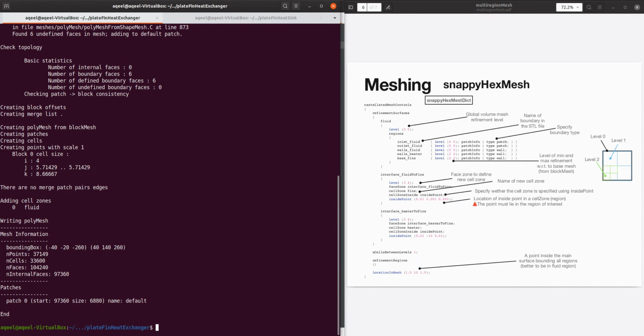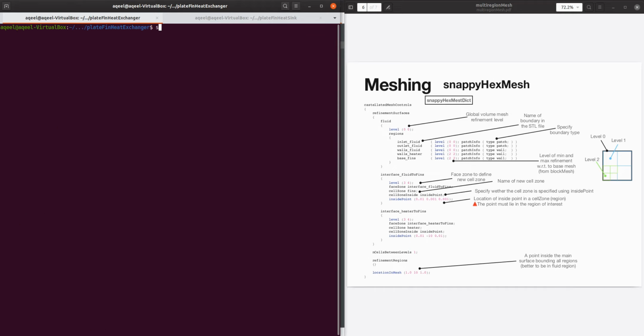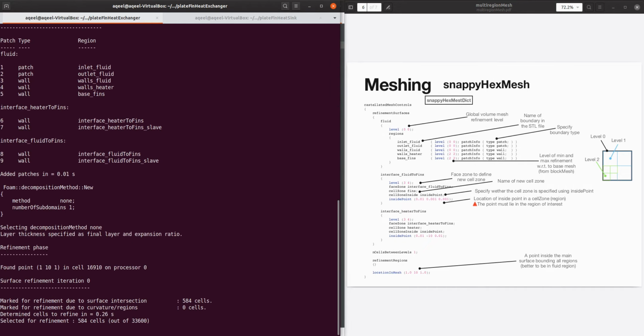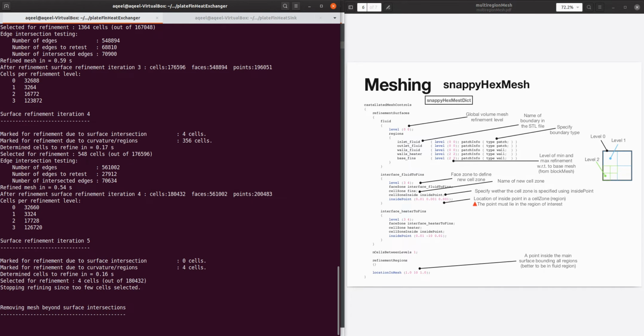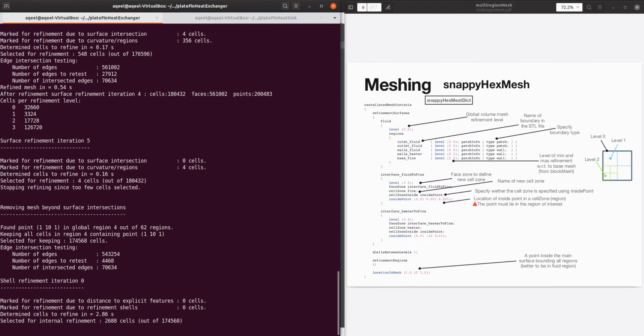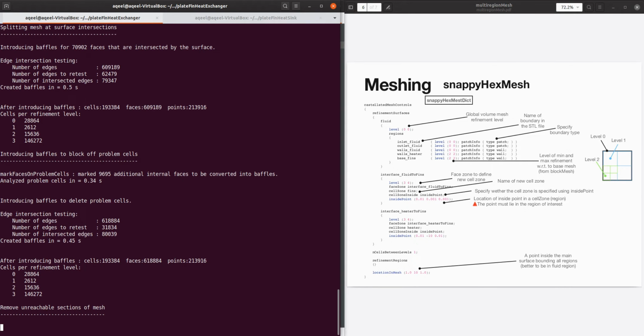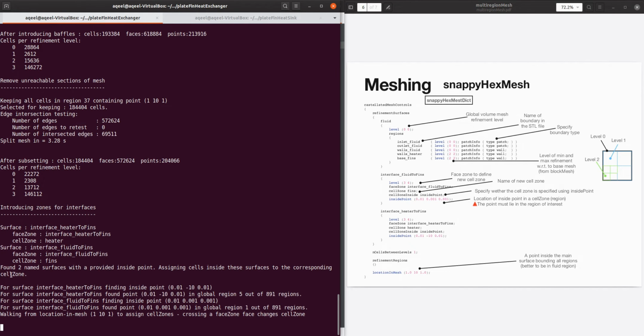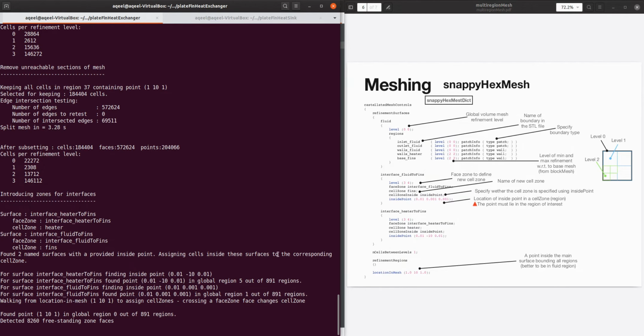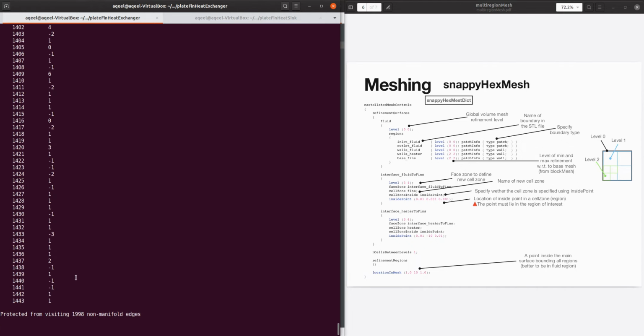So this is our base mesh, and then I can run Snappy Hex Mesh with overwrite, and with this small mesh it should not take a lot of time, and it has actually found these cell zones as well.